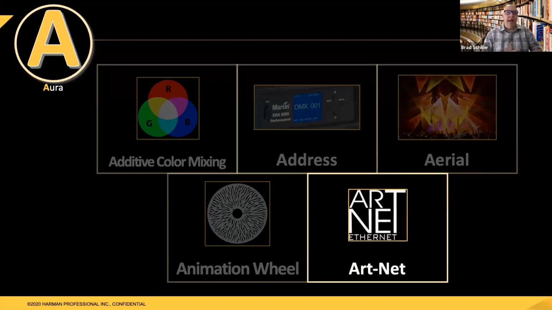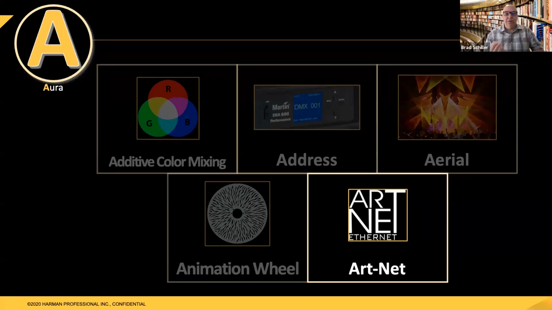And then our last A starting word is ArtNet. Now this term, ArtNet, is an Ethernet-based system that helps you distribute DMX across Ethernet. It was originally created by Artistic License back in 1998, and it's not a ratified standard, but is rather more of an open source type thing that anyone can make use of.